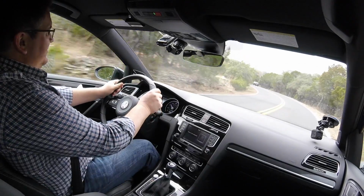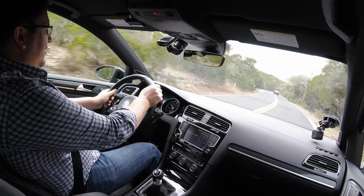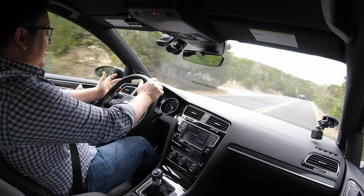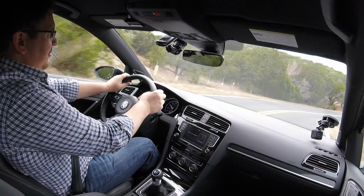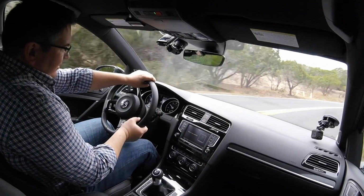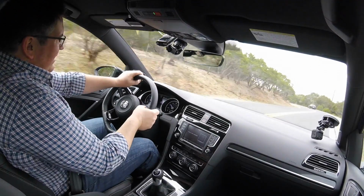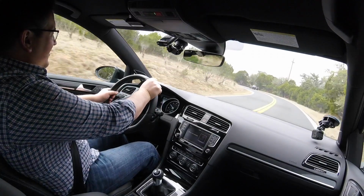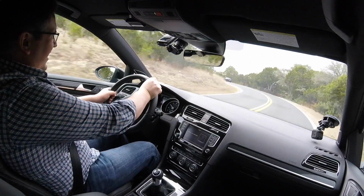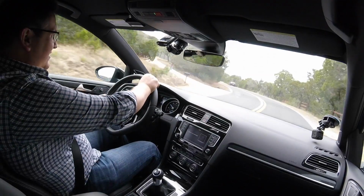That's the best I can do as far as snappy gear changes in this Golf R, mainly because of the clutch pedal. It just seems to foil me every time. I haven't driven a manual in a while, and I don't own a manual at the moment, but the way it shifts gears is just not fun. It's work. If you're into that, do it, but it's not